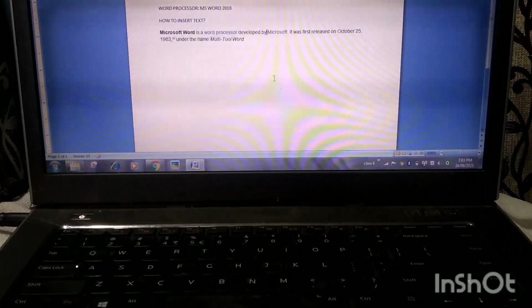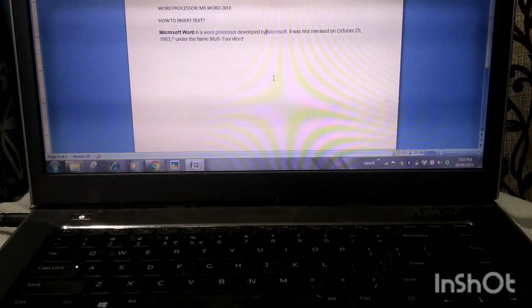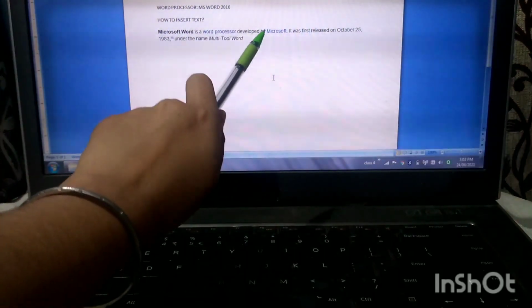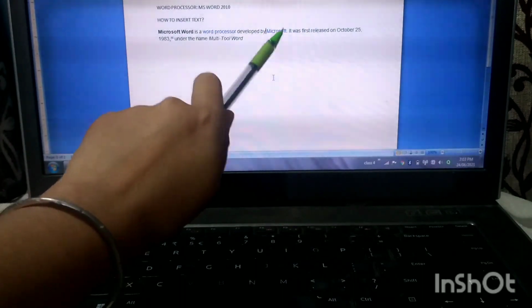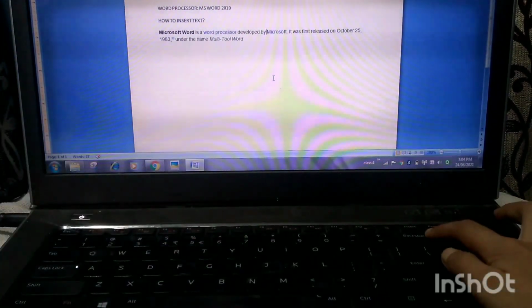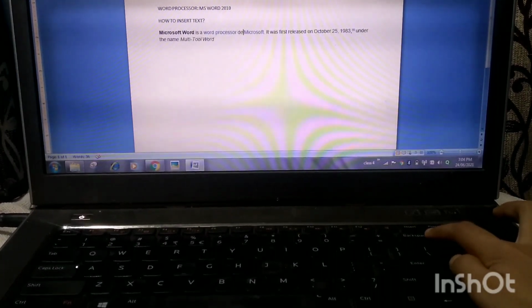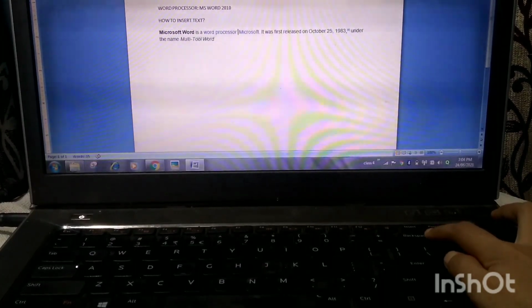Kids, be focused and attentive for understanding the deleting text. Okay, now see how I delete a text to the left side of the insertion point. See, this is the blinking insertion point. I will press this backspace button to delete the text to the left side of the insertion point. See, I am going to press this. See, by pressing the backspace button of the keyboard, the left side of the insertion point gets deleted.